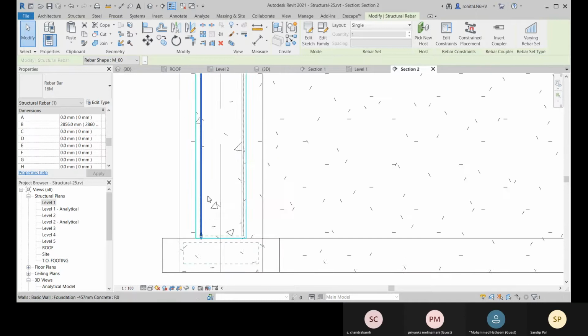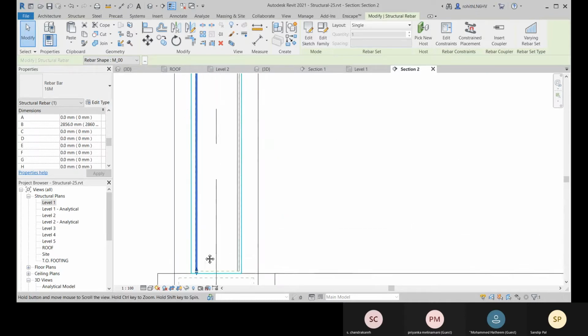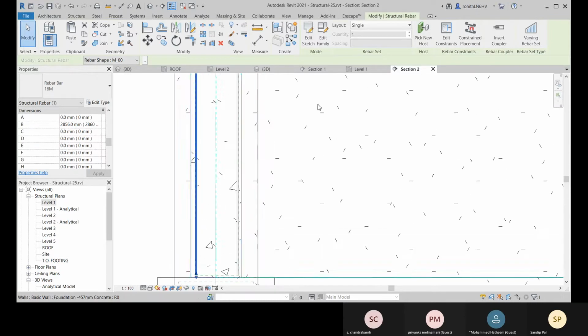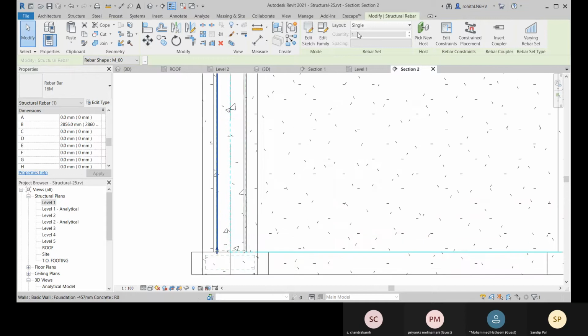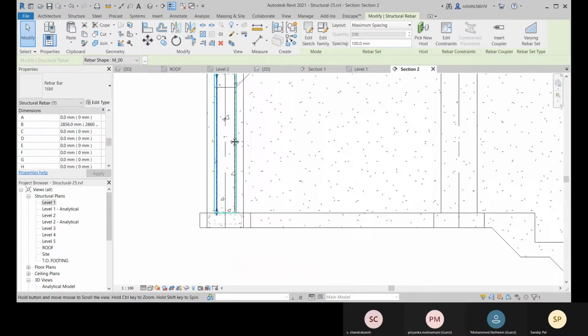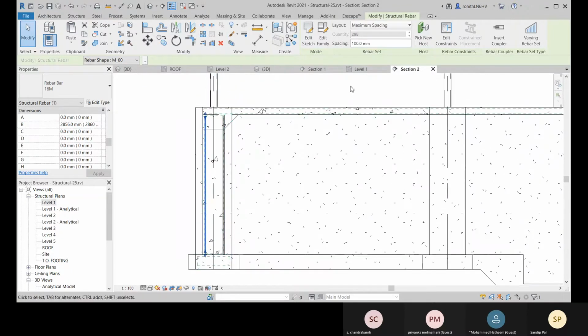So now if you want to place the layout, that will be your maximum spacing. So you will be specifying with the maximum spacing. So what will be your spacing with each other, that you will be defining it, and as per that, within the total area of your wall, it will cover up and you will get the quantity.